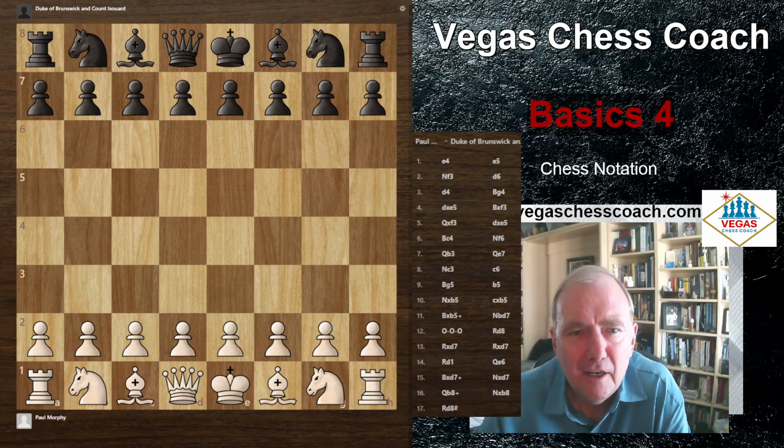And today we talk about chess notation. As I already pointed out in the chess basics, a chess board has 64 squares, and